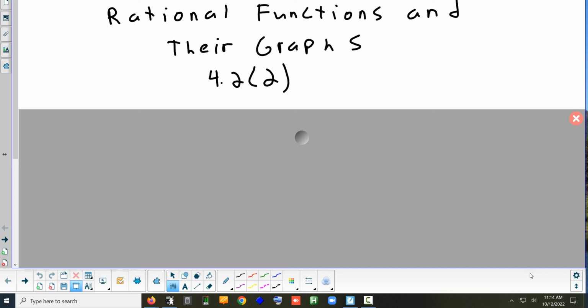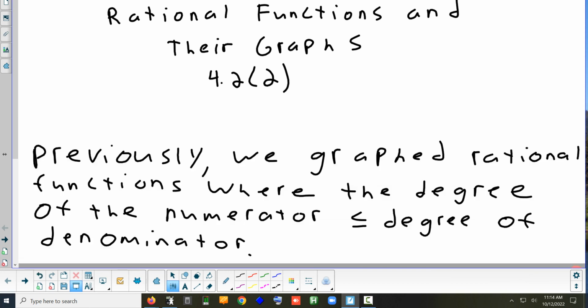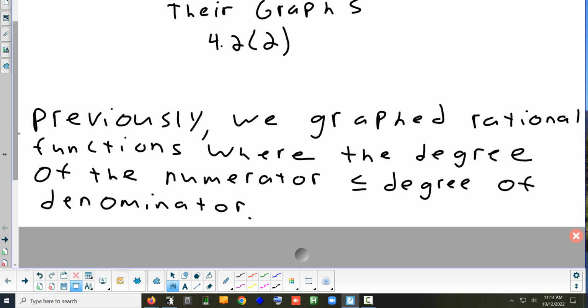Right, so we're going to finish up 4.2. So we looked yesterday at sketching rational graphs. And for yesterday, we looked at graphs where the degree of the numerator was less than or equal to the degree of the denominator. So we might have looked at problems like this. 8x squared plus 2x plus 1 over 3x squared minus 5. That's a case where the degrees are equal, and you end up with a horizontal asymptote